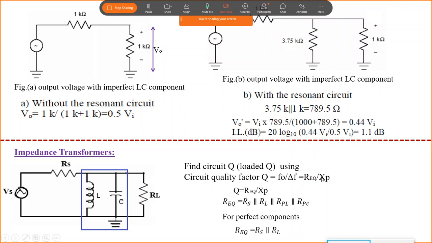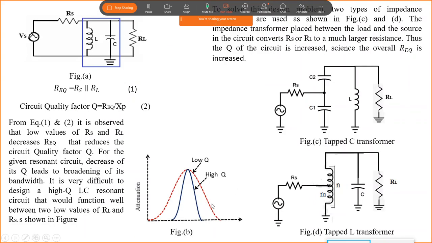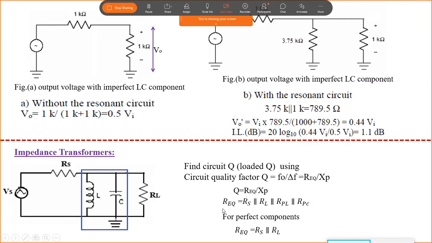Selectivity reduces. See like this, this is the response of the resonator. This is for low Q. If the quality factor is lesser, you will be having the red color one. So the quality factor reduces means the bandwidth is more, and selectivity, channel selectivity, is lesser, with a wider bandwidth. So if either Rs or RL is lesser, then we will get a reduced quality factor. A reduced quality factor means its selectivity reduces.